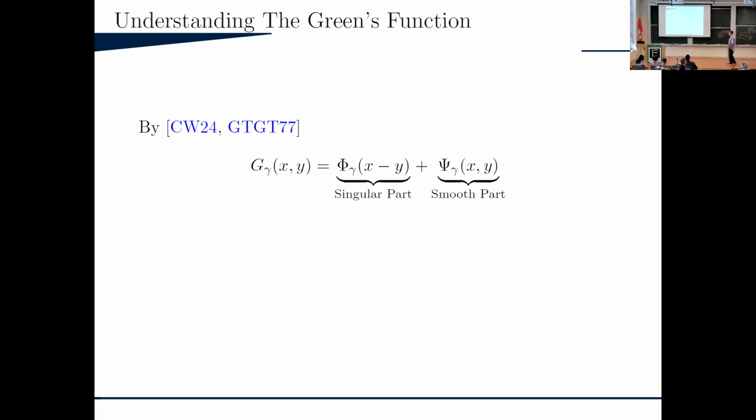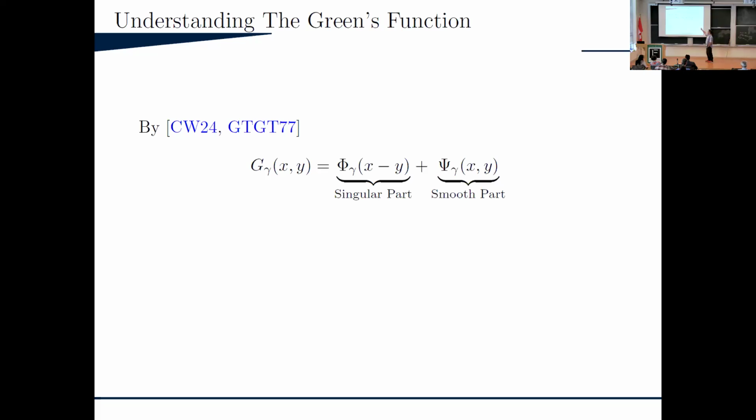So let's understand the Green's function of the elliptic problem. In this case, the Green's function has the following beautiful decomposition. This dates back to the late 70s, effectively 80s, and just this year we got the last piece of the puzzle. This is very convenient. Notice that the Green's function does not depend on g or F0. So I need to be able to encode this directly into the layers of my neural network, so that when I make this iteration, it can converge to a fixed point. So I need to understand the Green's function.